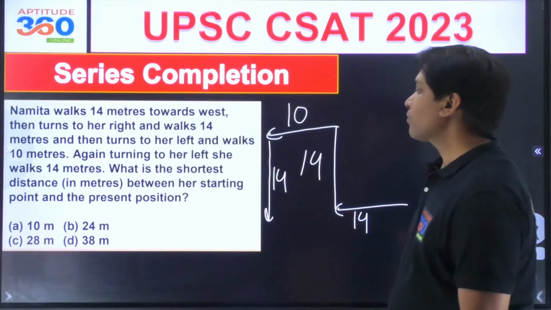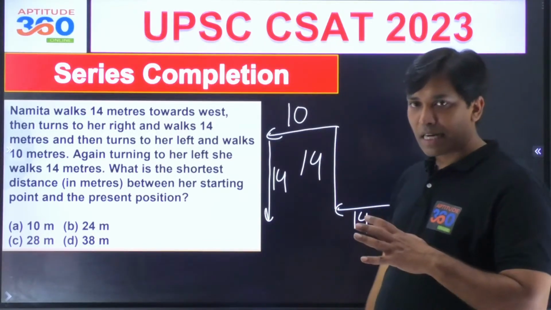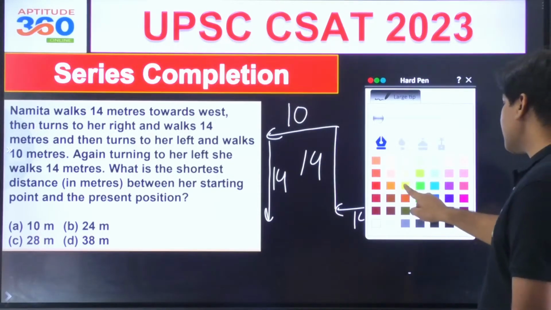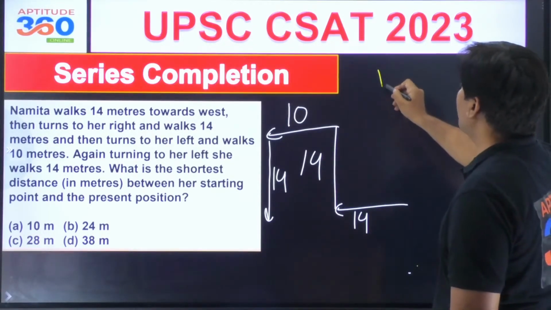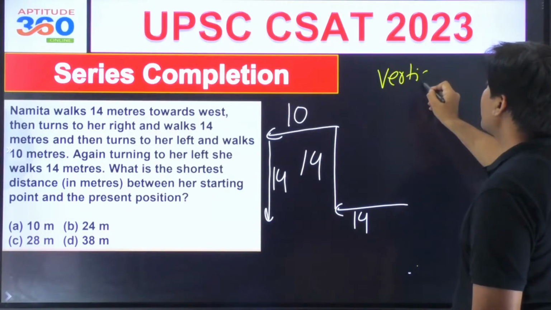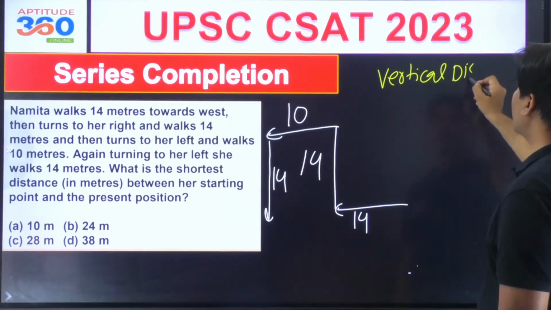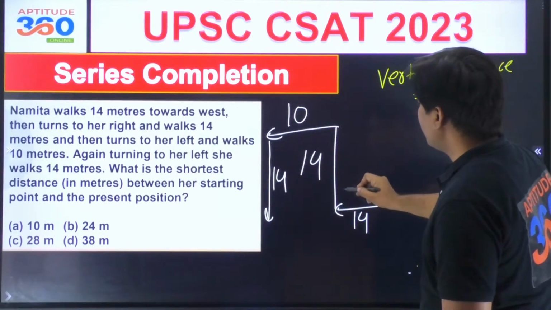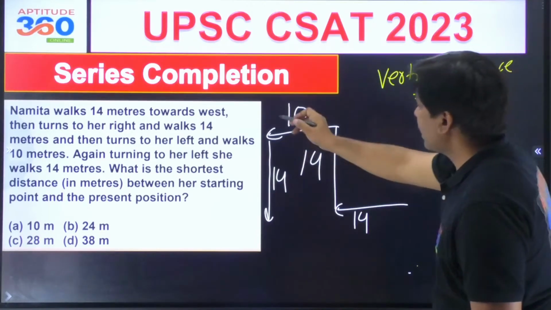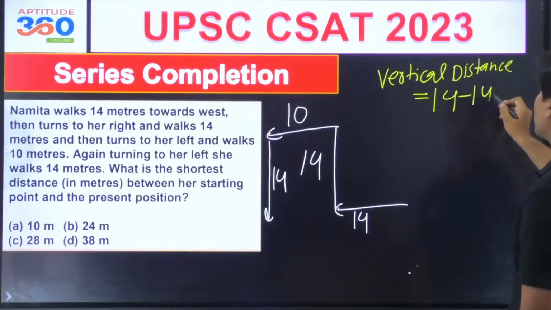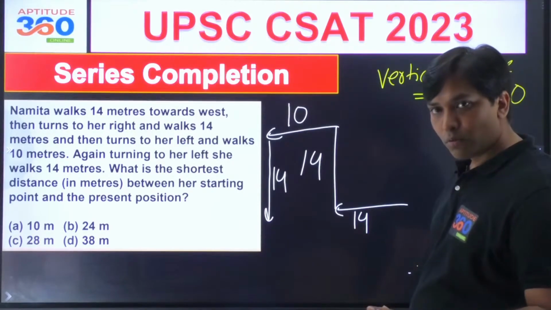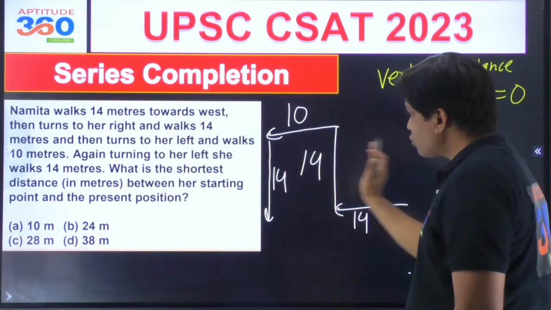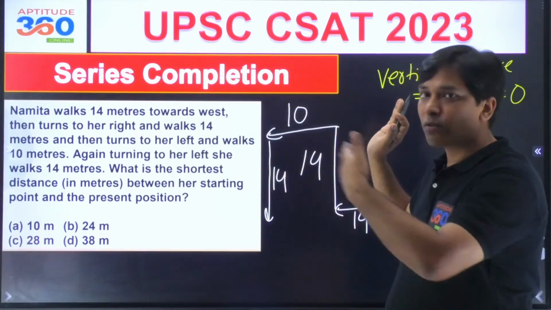Now here, what is the shortest distance? Understand this. Whenever you get confused, what should you be doing? You should be counting the vertical distances separately. How much is the vertical distance? If you look at this problem, 14 went up so positive, and then 14 over here, so minus this. So the total vertical distance out here is 0. In one direction you take the positive, the other will have to be negative. For the horizontal also, you have to take one side as positive, so the other will have to be negative.